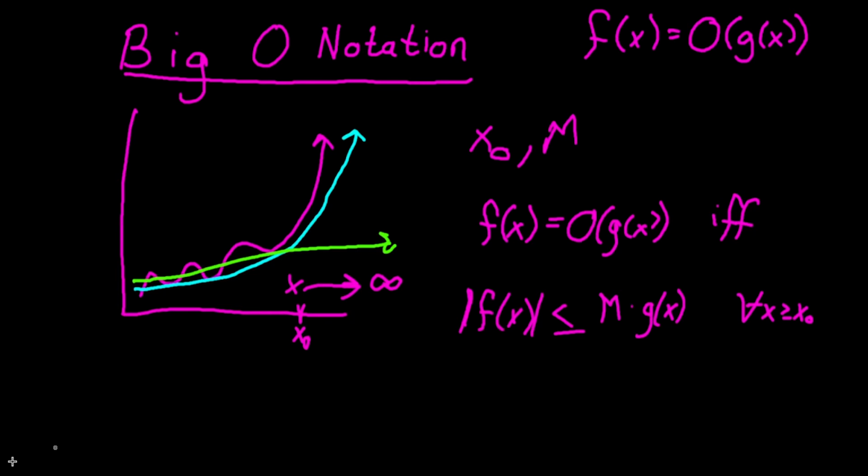And let's just draw out a function that would satisfy this on our little plot. So say we had some function that starts off really small here at the start, but then as we get closer and closer to x0, maybe it starts growing a bit, and then after x0, boom, it just spikes. And from x0 onward, let's say that this is m times g of x, our new function m times g of x is always going to be bigger than our initial function f of x. Now this is a lot of math jargon,